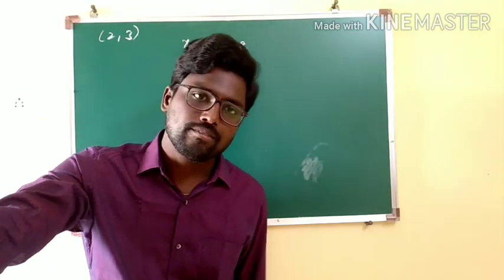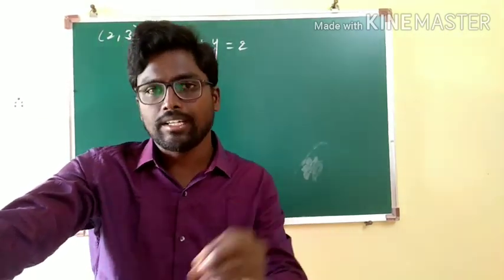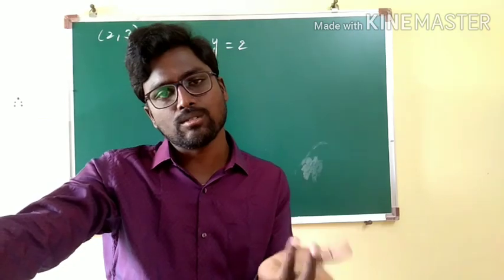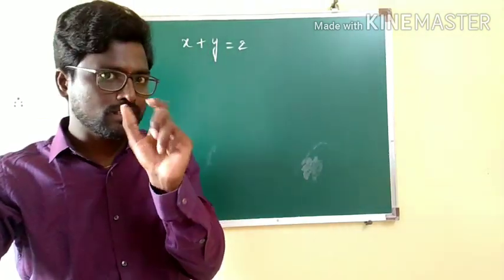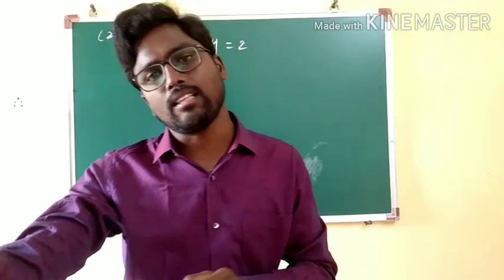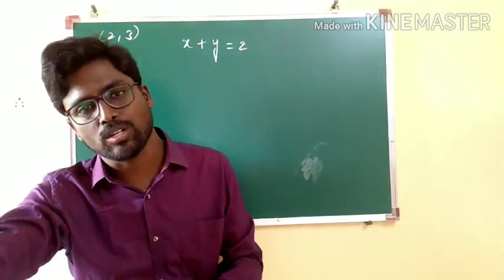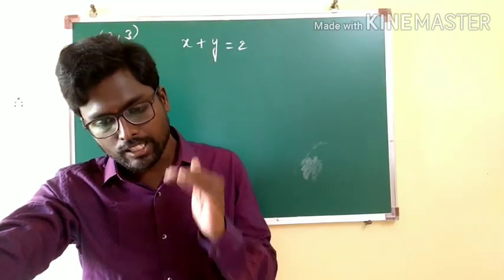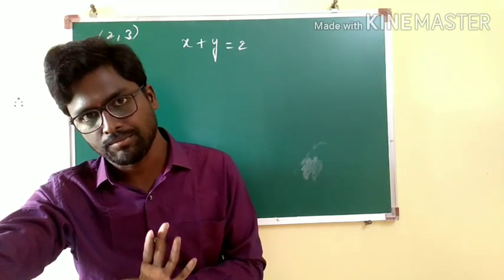Means what is the idea here? You are talking about an equilateral triangle. If you take an equilateral triangle, the angle between any two sides is going to be 60 degrees. So, with the help of this idea and using the formula tan theta is equal to mod of m1 minus m2 by 1 plus m1 m2, you are supposed to try this problem. I will explain the solution for this in the next video lecture, then you check with your solution.